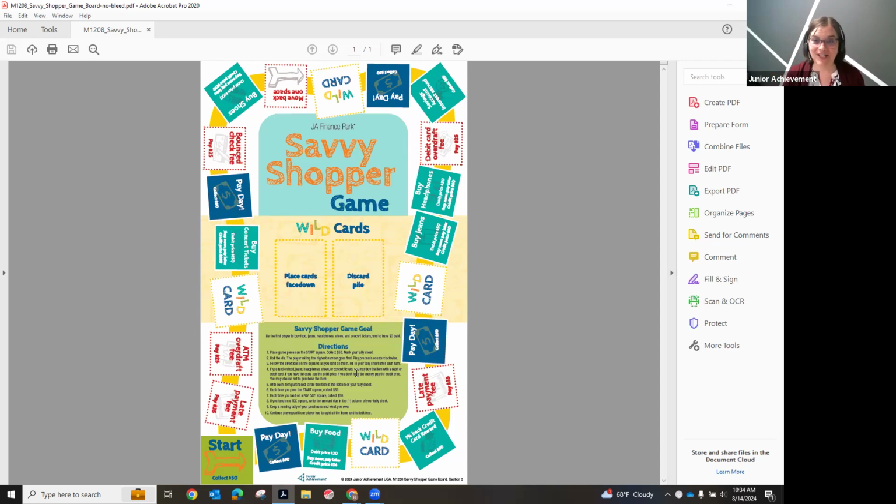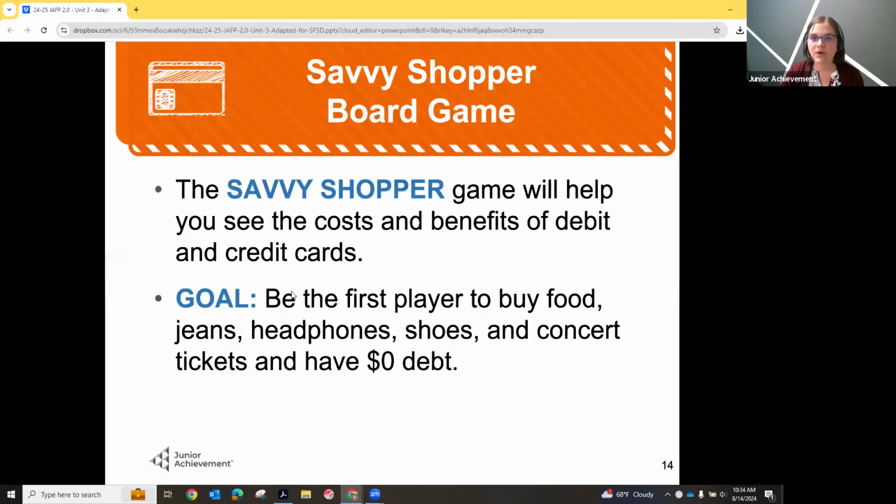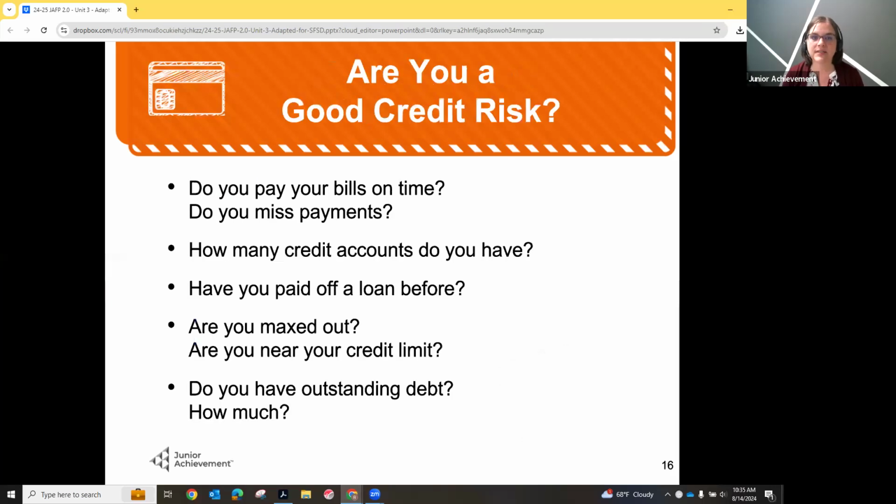It's highly engaging. The students really have fun with it. It's a basic game board, so it's not too complicated, but it does take just a little bit to get them set up and playing. So again, we want this to be the bulk of the time that they're with you this time. And then you do want to reserve the last 15 to 20 minutes to talk a little bit about managing credit scores. So you can talk about credit reports, credit scores,